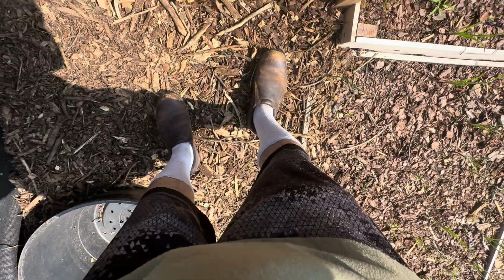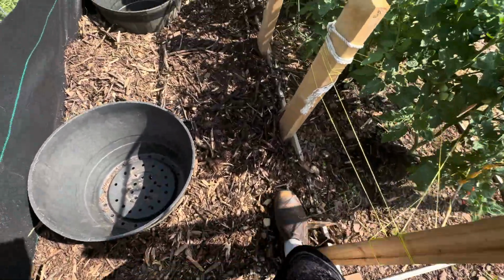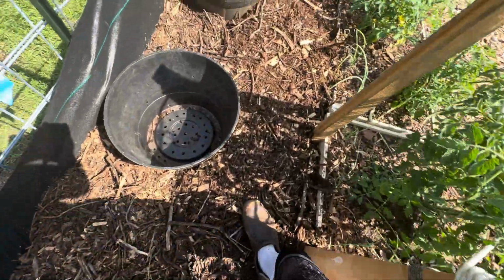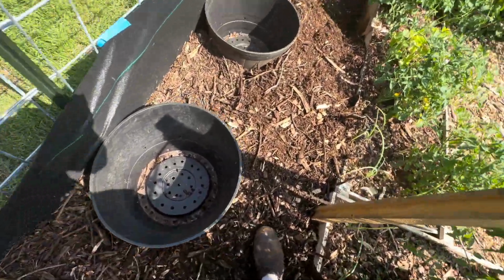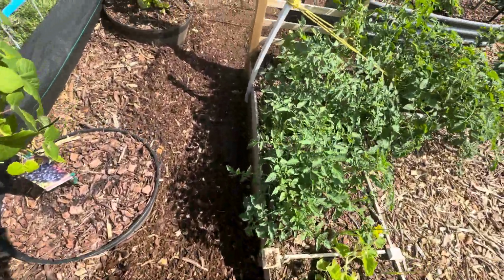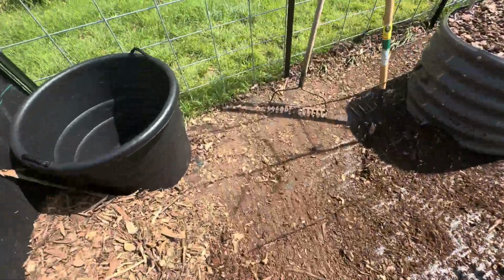Don't mind the gym shorts and the high socks and the leather shoes. I'm hot. I'm trying to be comfortable. I'm trying not to get bit by fire ants, mosquitoes, and these damn flies. They're biting too. So anyway,